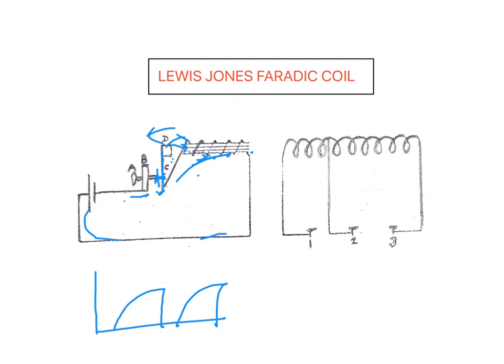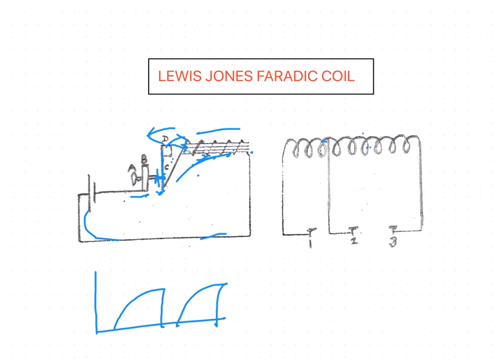This interrupted current flowing through the primary coil sets up a varying magnetic field which cuts the secondary coil, inducing an EMF in it. So what happens if the secondary coil moves on the primary coil? Then the magnetic field developed around the primary coil will cut the secondary coil, inducing